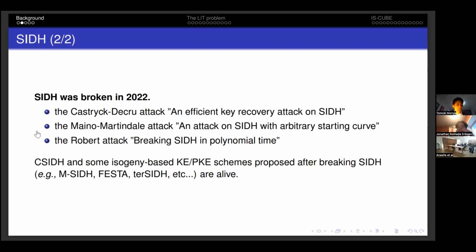But some other isogeny-based key exchange or PKE schemes are still alive. For example, CSIDH is still alive, and some isogeny-based schemes proposed after the breaking of SIDH, for example, M-SIDH, FESTA, and TAR-SIDH, are still alive. So isogeny-based key exchange and PKE schemes are alive. However,